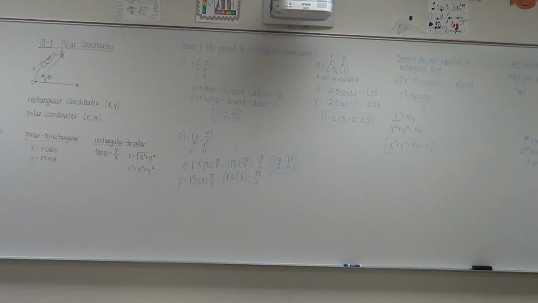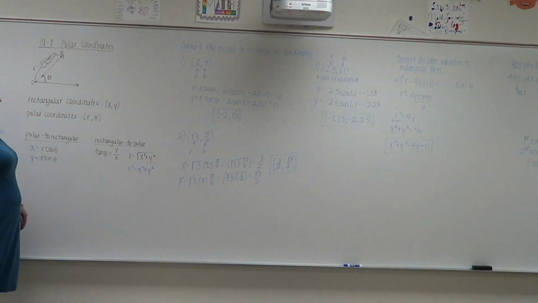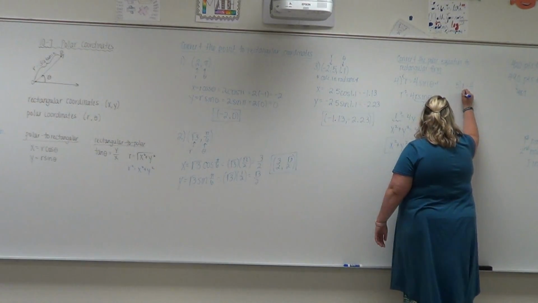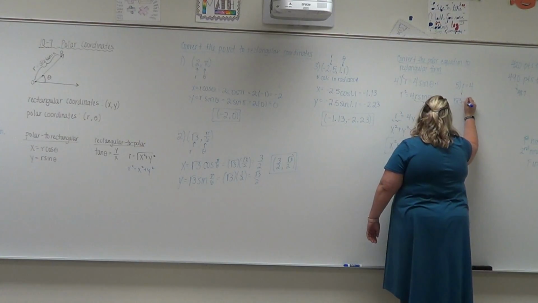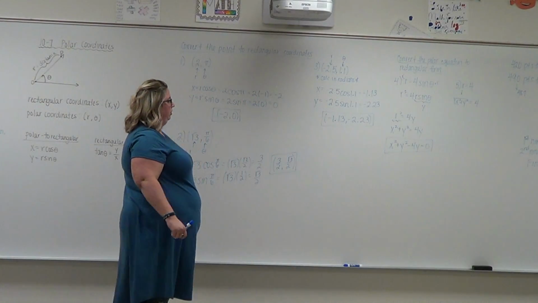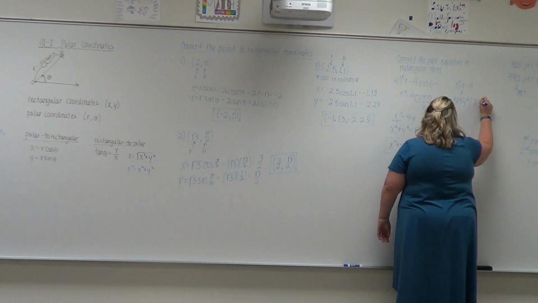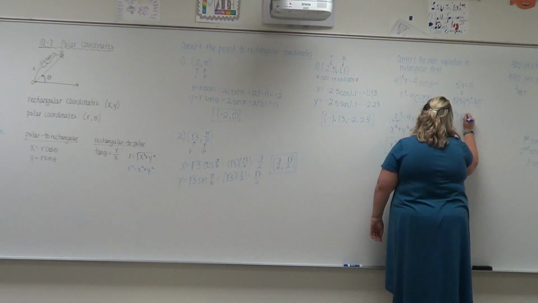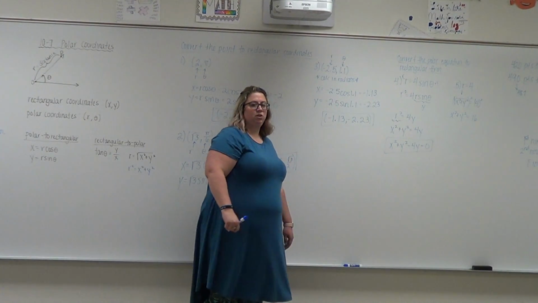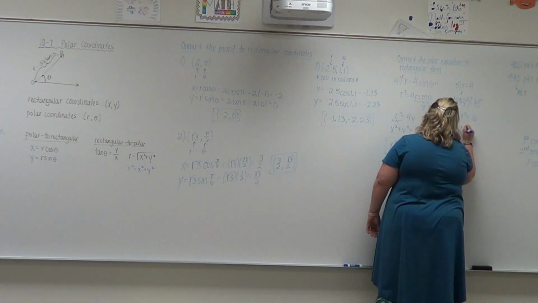Any idea, we're doing number 5? What can I do over here? So I could replace r with the square root of x squared plus y squared. Now we don't want square roots in our equations, so how do I get rid of the square root? So x squared plus y squared equals 16. And then I should get everything on the same side. So I'm just going to move the 16 because it's less steps. x squared plus y squared